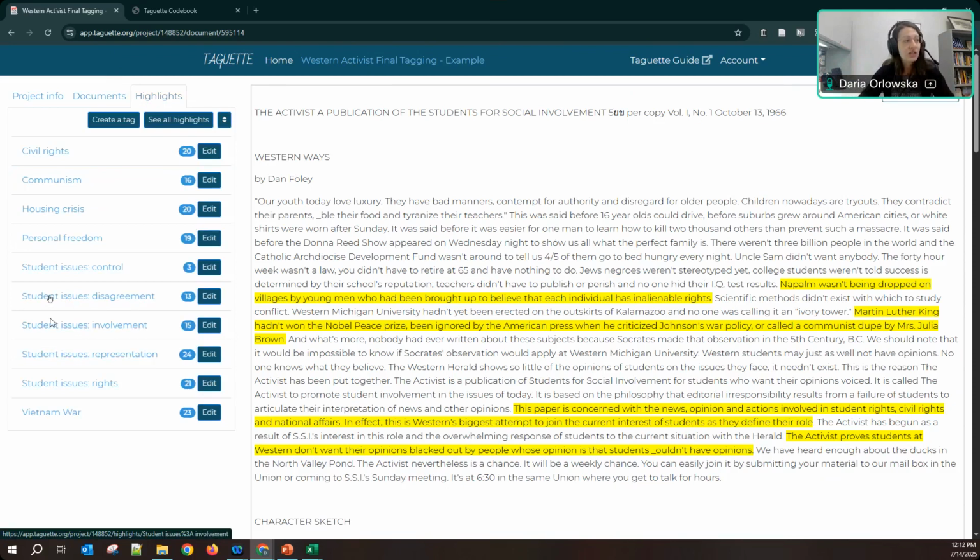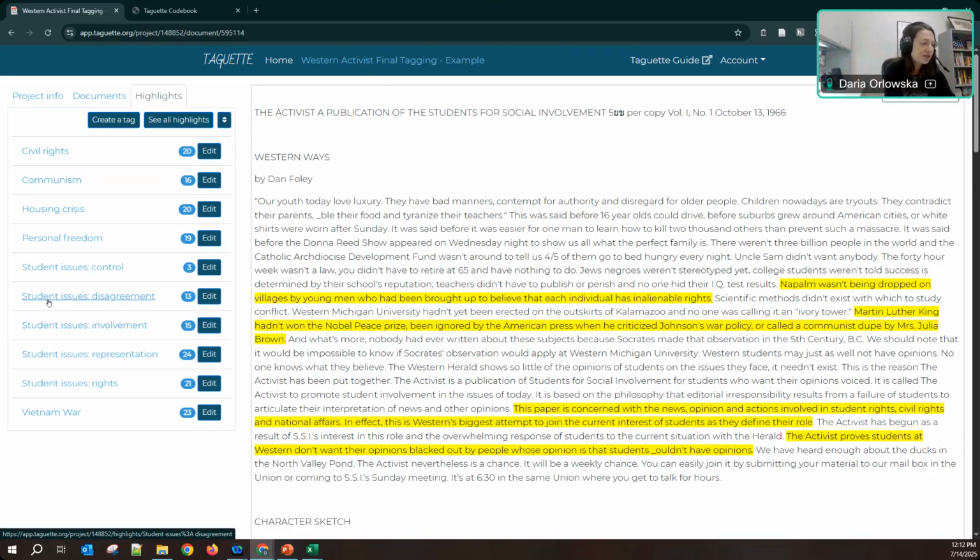All of these refer to the sub-arching tag or code of student issues, and our subheading is disagreement, involvement, representation rights. And if we have a structure like this, we can then use Excel or Google Sheets or OpenOffice or whatever program you like to use to split those off into separate columns.